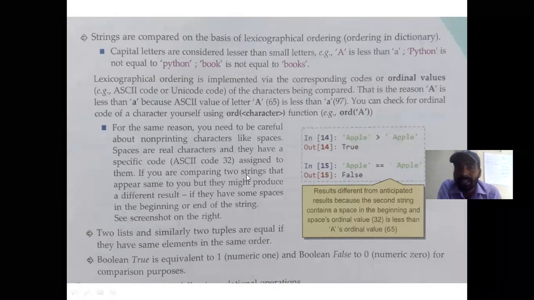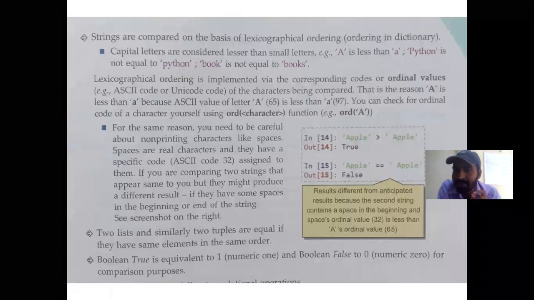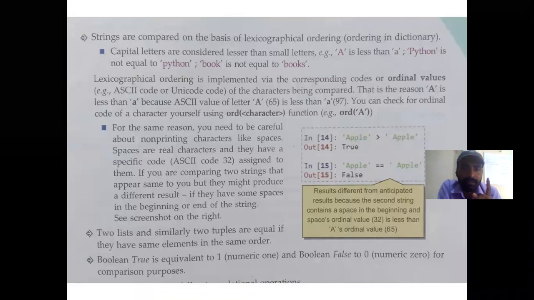If you are comparing two strings that appear the same to you, they might produce a different result due to space. So space is also considered as a character.